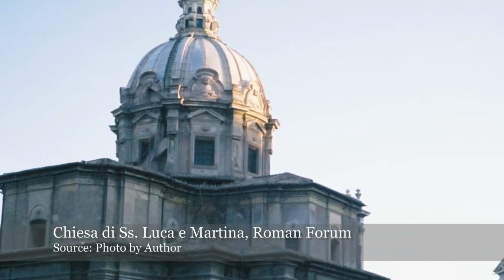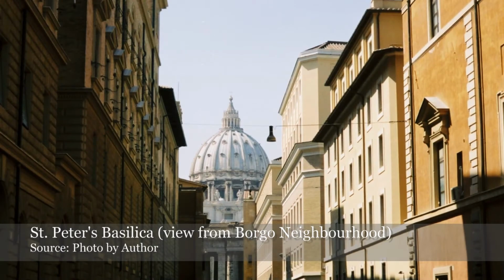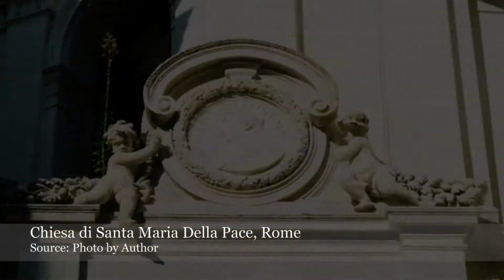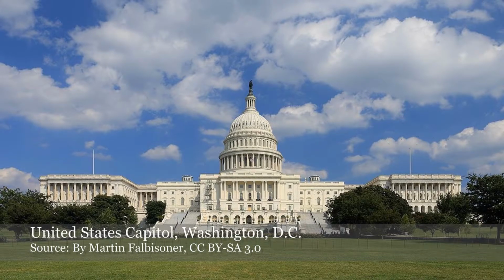Fast forward 1,000 years, and during the Italian Renaissance, classical architecture was revived by architects eager to please aristocrats, princes, and popes. In the 18th century, places like Britain and the American colonies had emerged as heirs to this legacy and claimed the classical style as their